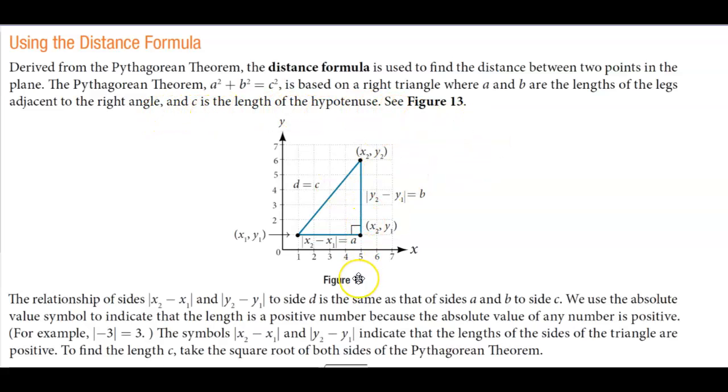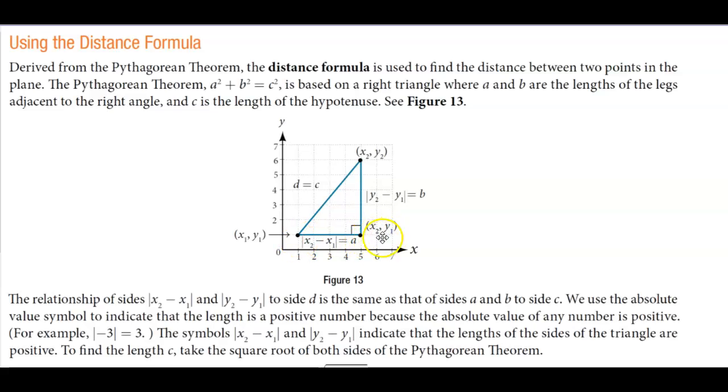So let's take a look at figure 13. Okay, here we have these legs. We have A and then we have B. So these are the legs of the right triangle. And over here we have the hypotenuse, which is C, which we could also call D for distance. Okay, so if you take a look at this point here, this point represents x1 and y1, and this point